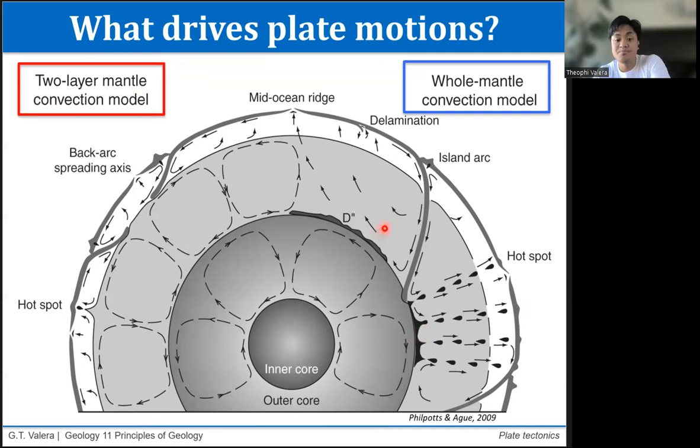What about the motions of this slab? Maybe this subducting slab is already too dense, so that it's not actually convection here, but it's actually this plate behind this one being pulled by this subducting slab. Baka naman itong mid-oceanic ridge, these are not actually areas kung saan nagsa-separate yung plates because of convection cells, but rather it's the other way around. Baka naman yung moving away of the two plates along the mid-oceanic ridge actually drives yung convection. So there are still competing ideas.